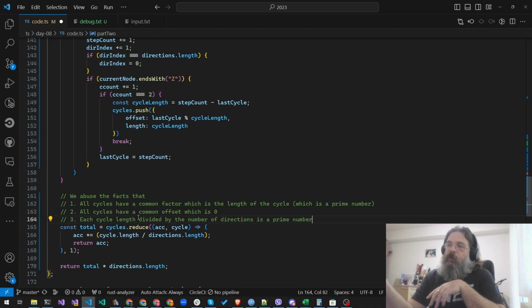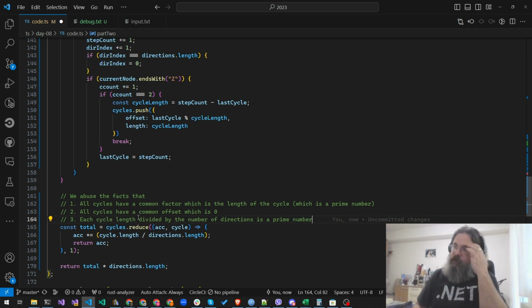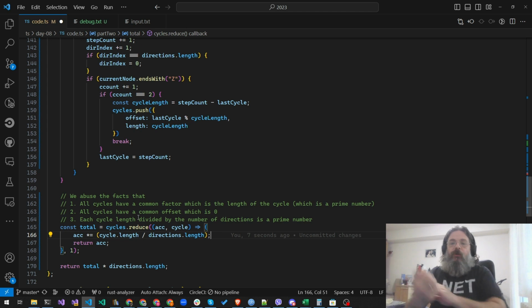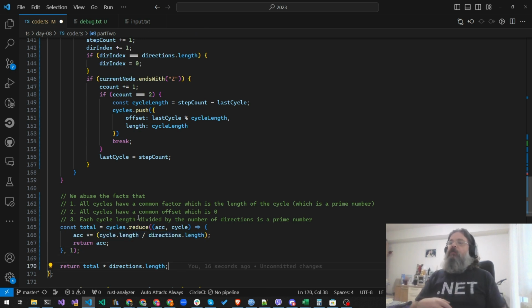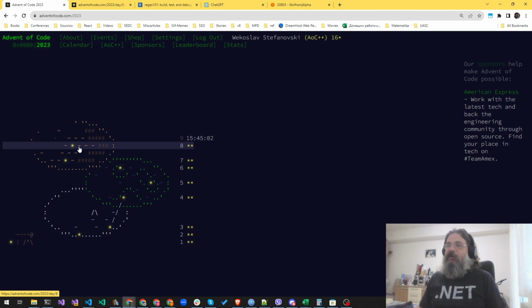So that means that in order to get the LCD of two prime numbers, you just multiply them together. So that's what I'm doing there. I'm reducing all the cycle lengths to the prime number that's underneath, multiplying them all together, and then just multiplying by the direction length. So this won't work in general, but it definitely works for this input, as we can see that we are getting a better picture. We have the trebuchet, the snow island, the island, and now the two images of the desert island. We'll see where the